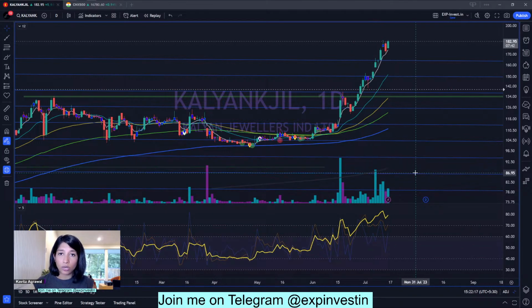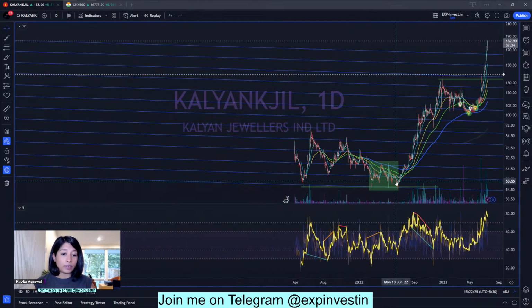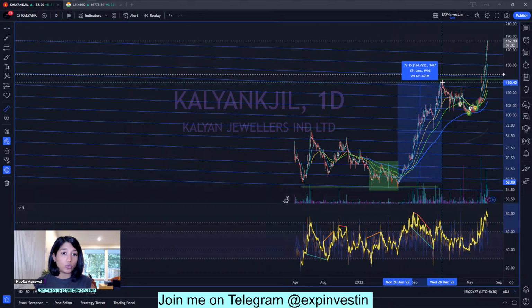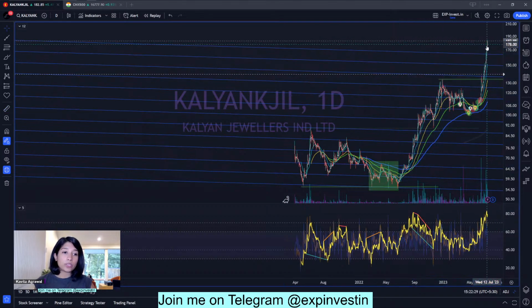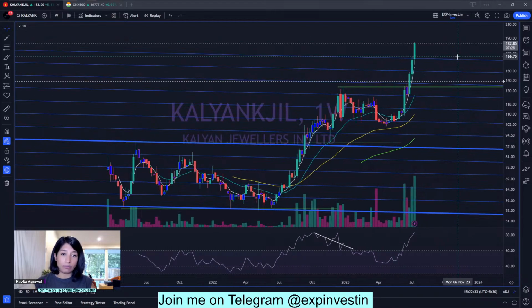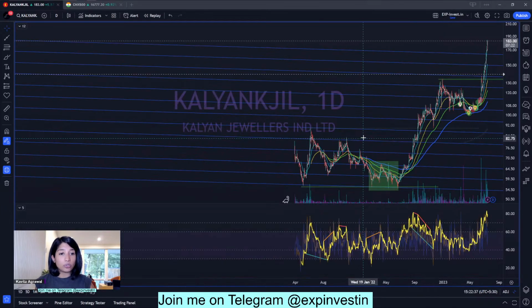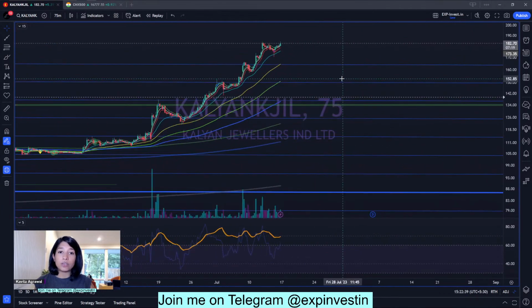The momentum is strong. The volume profile is gaining and gaining and gaining despite the prices going up. The stock has been in an uptrend since the 13th of June 22. From then to now, it has already gone up multiple times and is expected to keep going up. Right now, it is very hard for me to give you a specific target on the stock. So what I would suggest is, if you make a long position, keep trailing your stop loss.